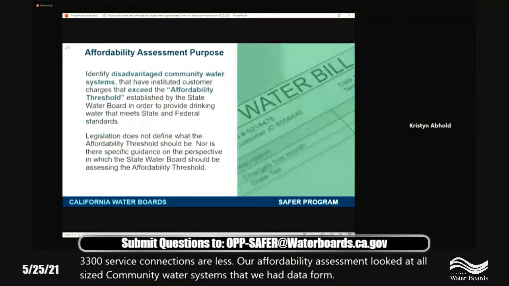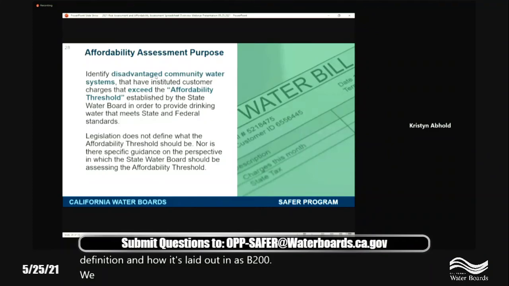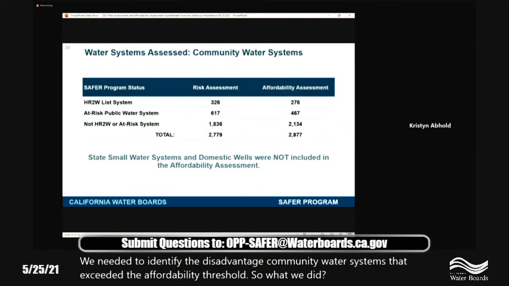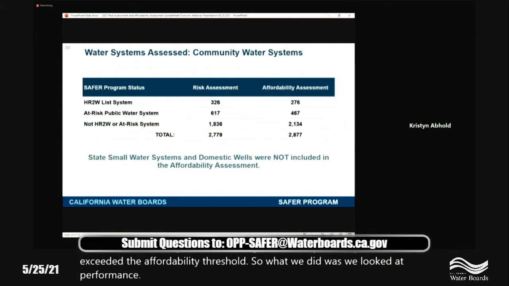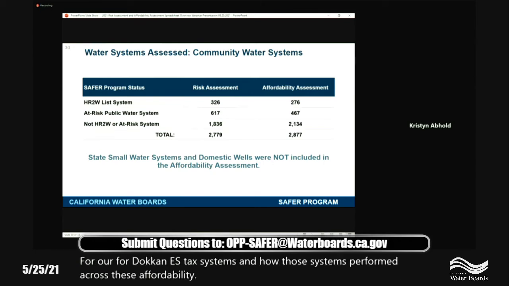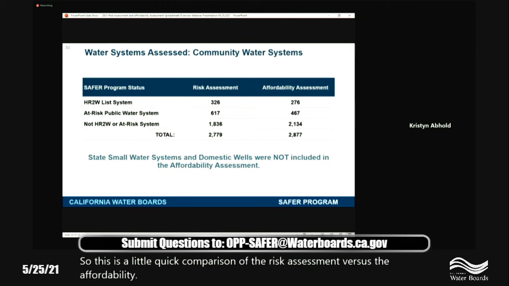And because of the definition and how it's laid out in SB 200, we needed to identify the disadvantaged community water systems that exceeded the affordability threshold. So what we did was we looked at performance for DAC and SDAC systems and how those systems performed across these affordability indicators. So this is a quick comparison of the risk assessment versus the affordability assessment and the overlap